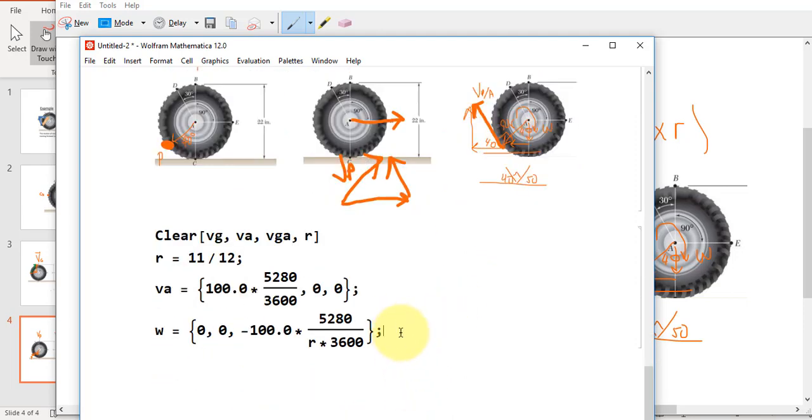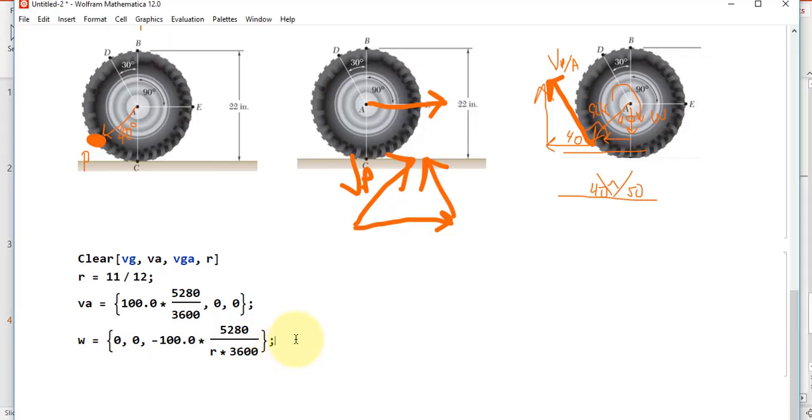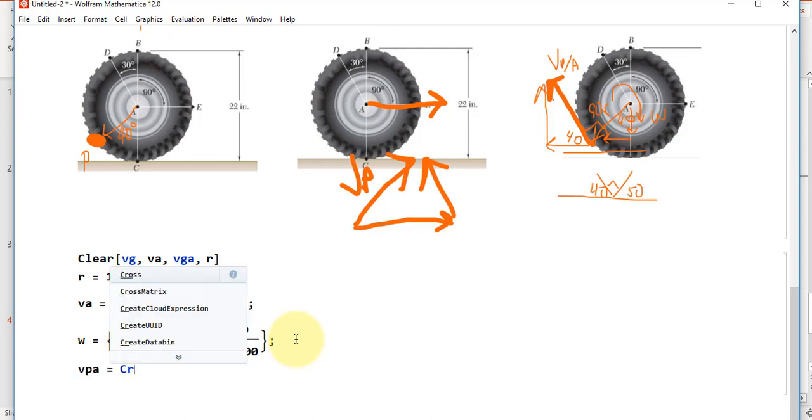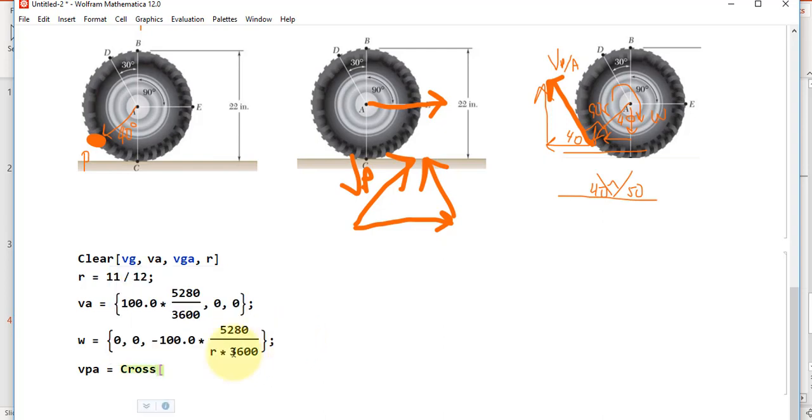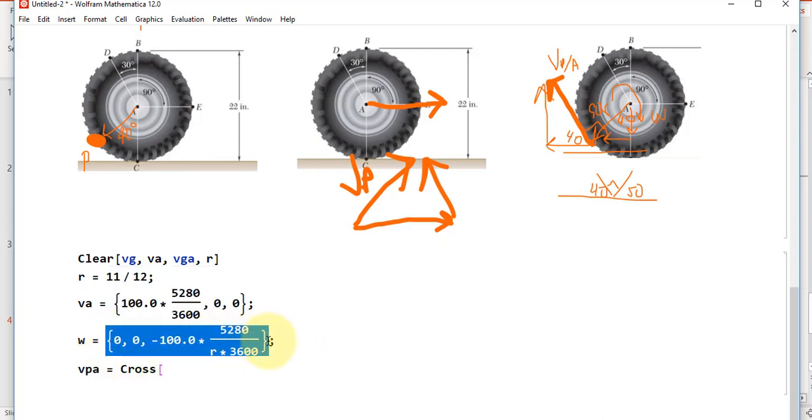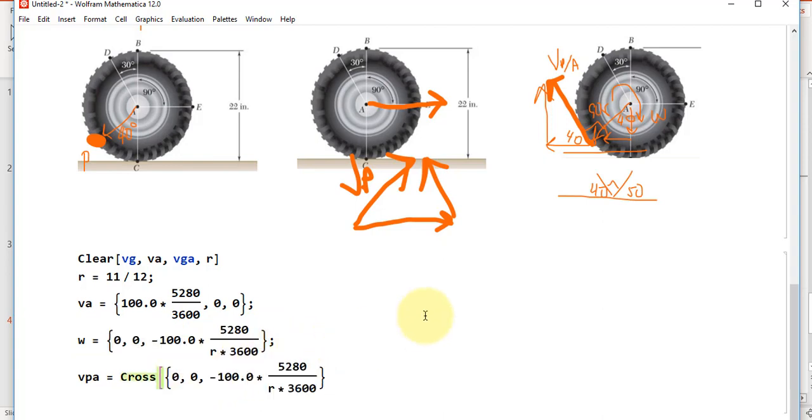So in this case, let's go ahead and say velocity of our new point with respect to A is equal to the cross product of omega, Control C, Control V, cross r, our x, our y, our z. And in this case, if you look at where our position vector is, so from the axis of rotation to the point we're interested in, we're going down, negative in the y direction, and negative to the left in the